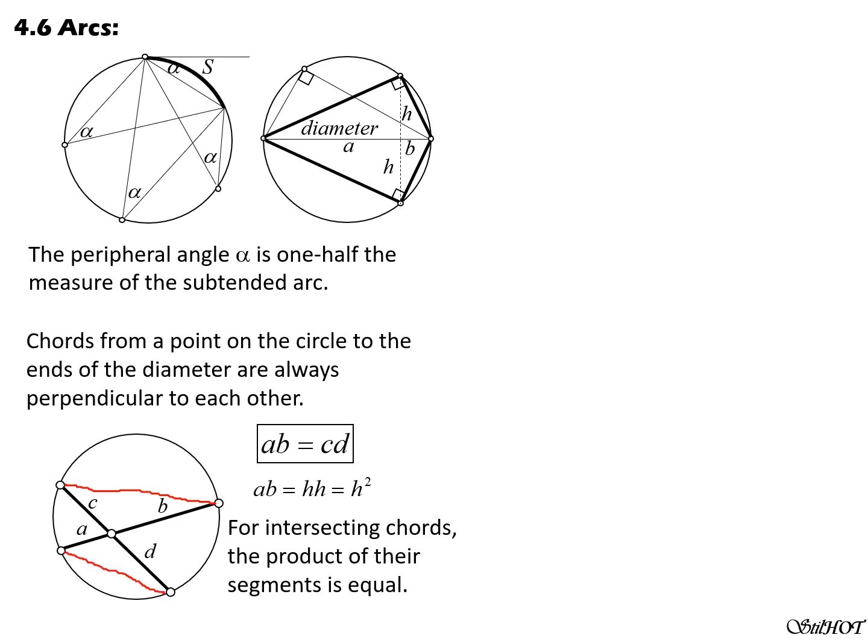So considering this point, it subtends this arc here. If I call this theta 1, then this angle is also theta 1 by the principle above. It also subtends this chord. Likewise, if I call this theta 2, it subtends this arc here, which is the same arc subtended by this point. So the inscribed angle is also theta 2.